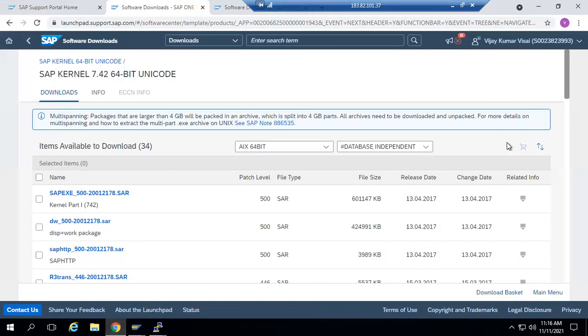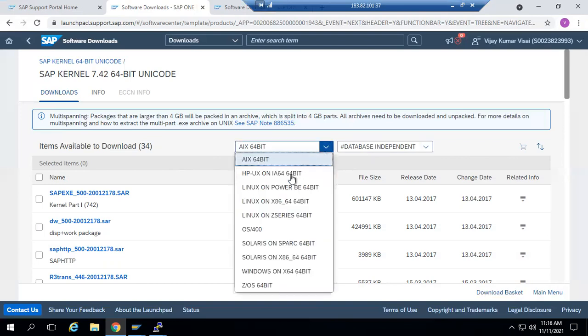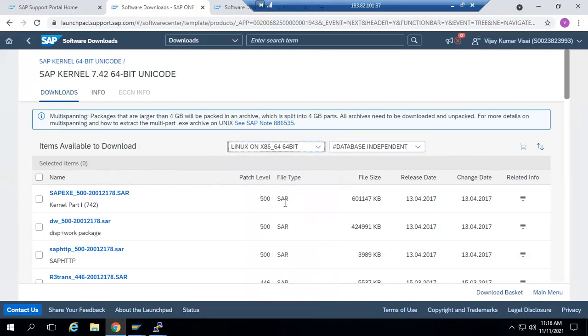Now you need to download two files, one database dependent and one database independent. Change the operating system here and select x86 64-bit. You can download according to your wish; there is no sequence, you don't need to download database dependent or independent first.